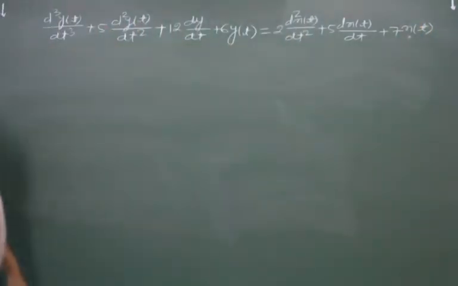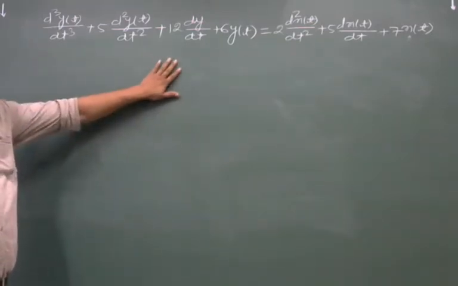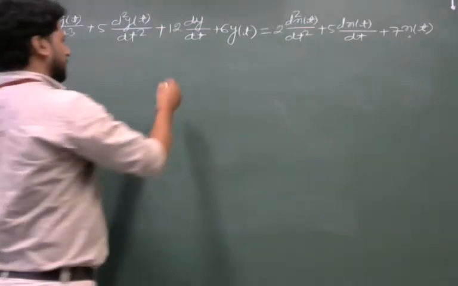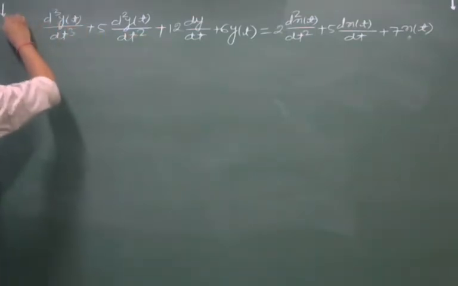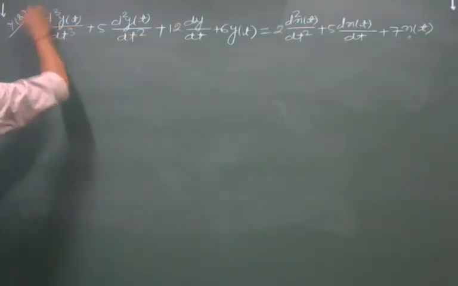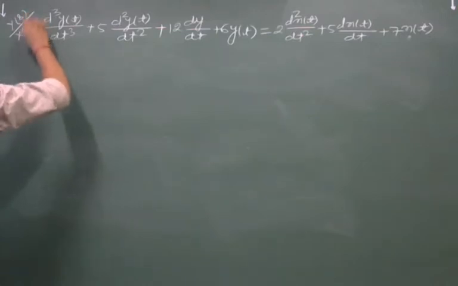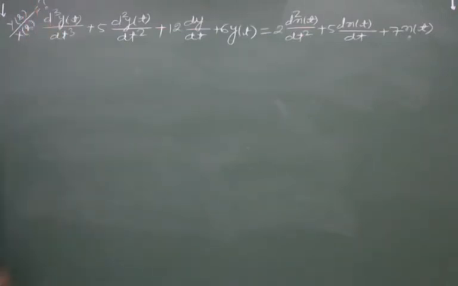This is the given form of the system characteristic equation. If a system is described by a differential equation in such a manner, we have to get the transfer function of this equation. Transfer function means again we have to get the ratio of y of s and x of s. This is what we have to determine here. For that purpose, again we have to take the Laplace transform.